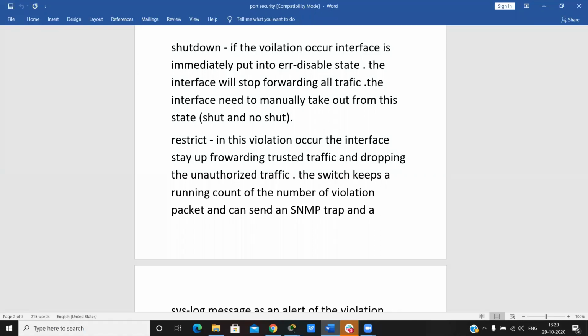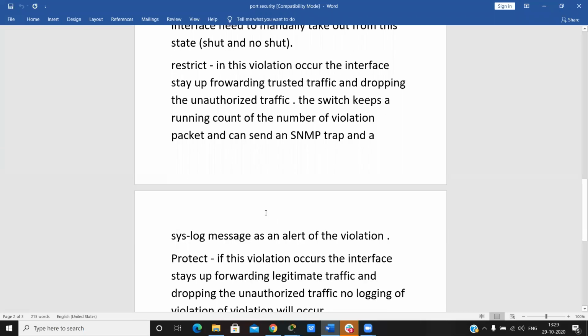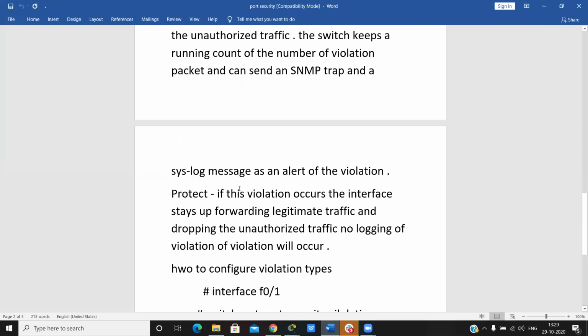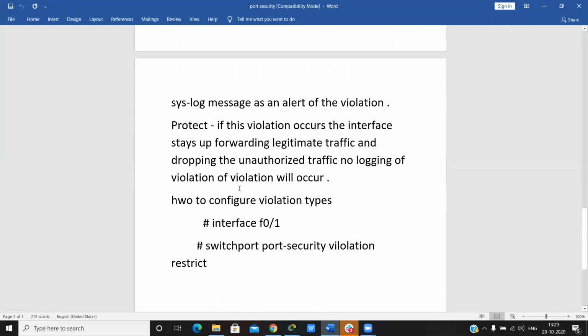The switch keeps a running count of the number of violation packets and can send an SNMP trap and a syslog message as an alert of the violation. And protect: if a violation occurs, the interface stays up forwarding trusted traffic and dropping unauthorized traffic. No logging of the violation will occur.